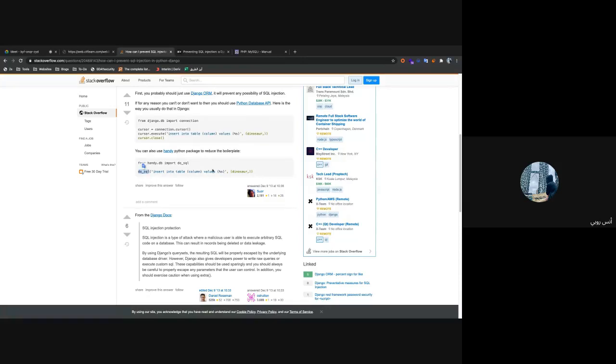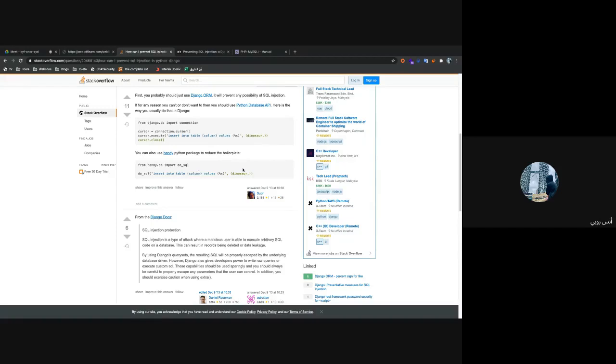But in this way, the SQL will prevent the dinosaur thing from changing the query itself. So you can see this INSERT INTO table column VALUES. Using this way, if you didn't write plus and add the variable inside the query, it will prevent the dinosaur from closing the query and adding this stuff. It will encode